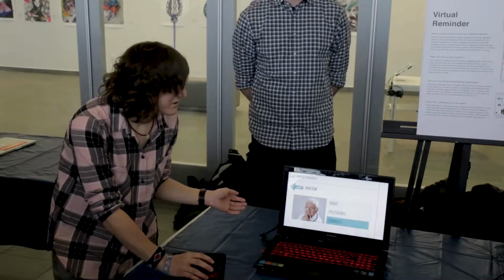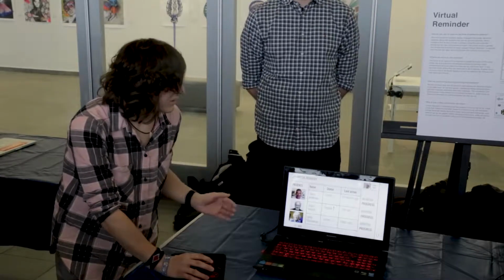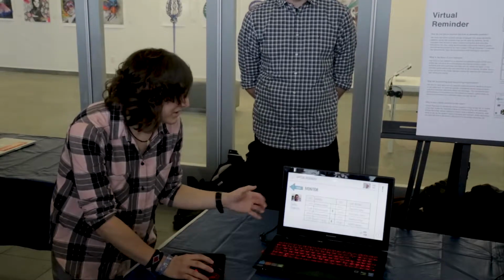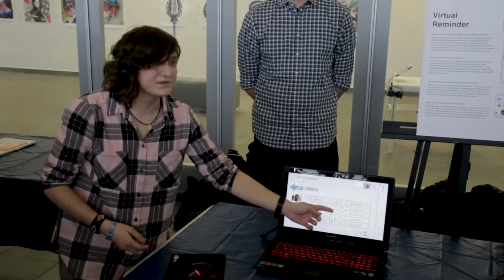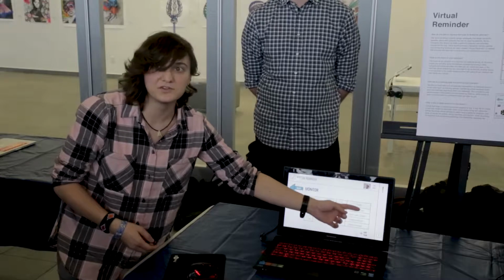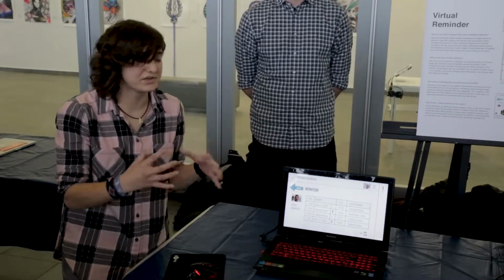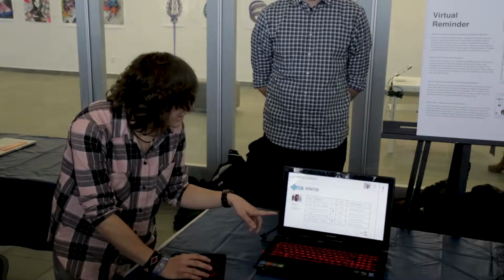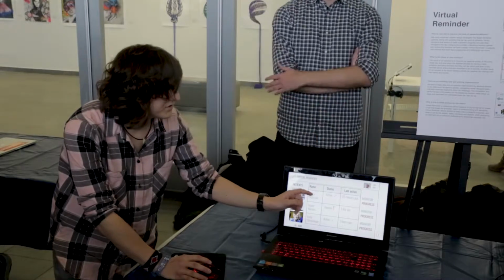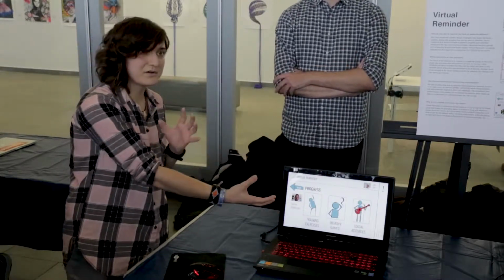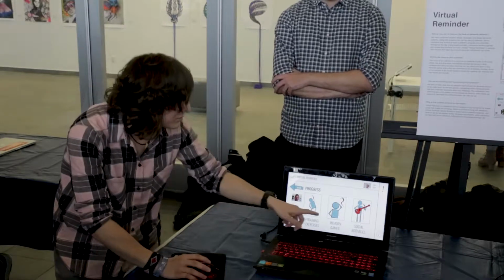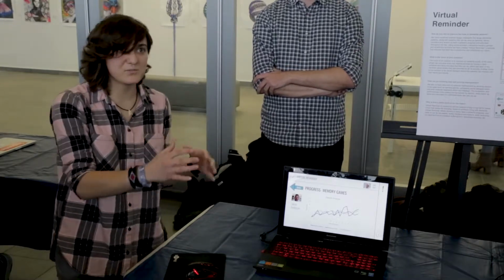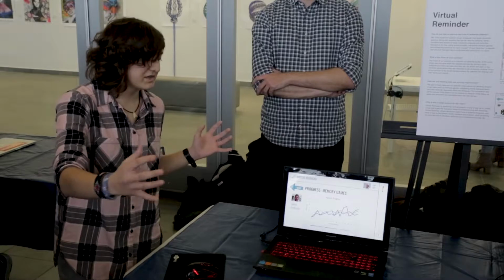For the doctors, they have the normal login system, where they have an overview of all the patients, and they can monitor them, in the sense that they can see if they did an activity or not, and the history, what were the last things that they did. They also have the ability to add tasks for them, and they can also see the progress from each feature that the patients had. For example, on the memory games, they can see how well they did and how many times they played and how much time they took for each game to play.